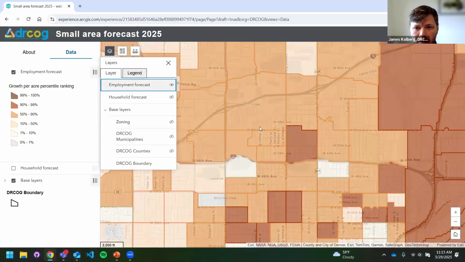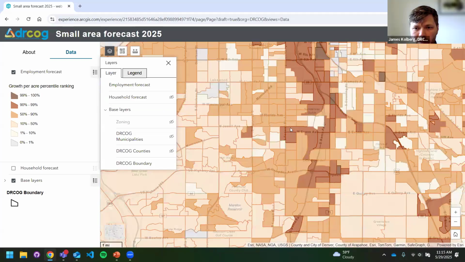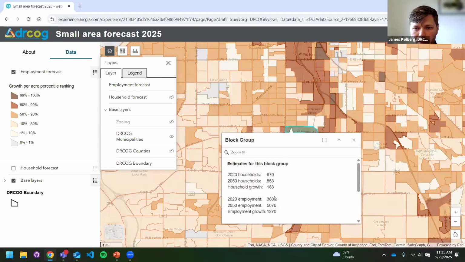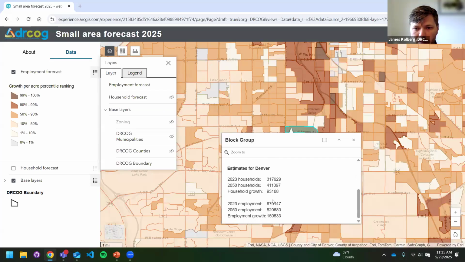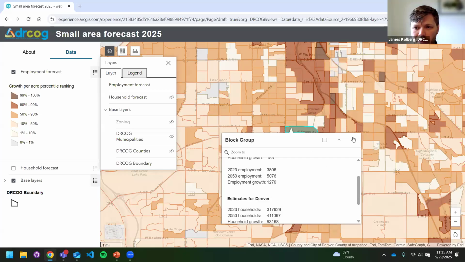And then finally, if you click on an actual block group, it'll pull up the estimate, not just for that particular block group, but the municipality that block group is mostly in. Some block groups span between two different municipalities, and so we just picked whichever municipality the block group is mostly within. So you might see some weird stuff on borders of municipalities, but the data for the municipality is the exact municipality, not the block groups aggregated up. It's the actual blocks aggregated up, even though you don't see that geography.